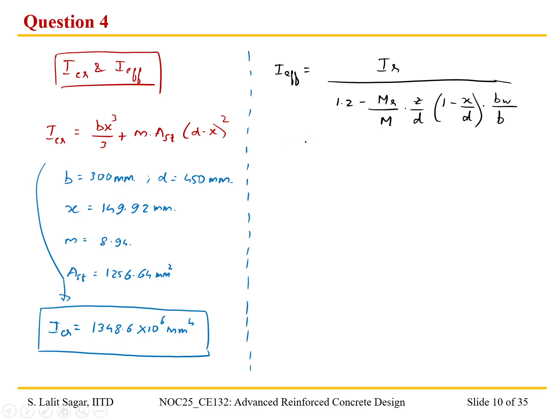IR is nothing but the moment of inertia of the cracked section. So IR would be the same, that is 1348.6 into 10 to the power 6 mm power 4, and MR,